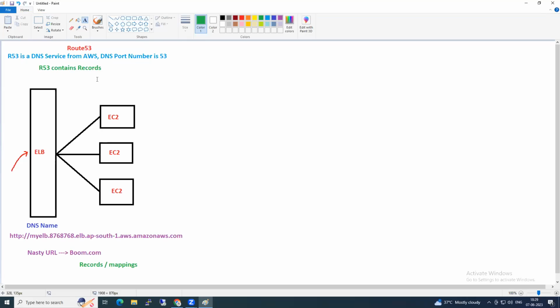We call those mappings records. So what is Route 53? It's a DNS service from AWS. What does Route 53 contain? Records. Is that clear? Nice.